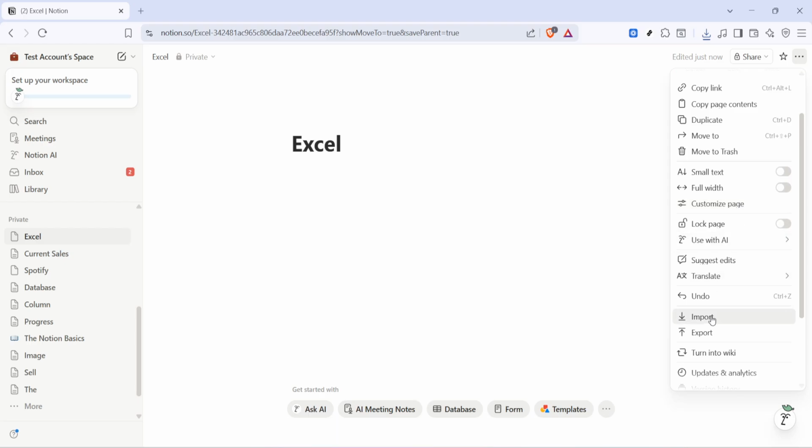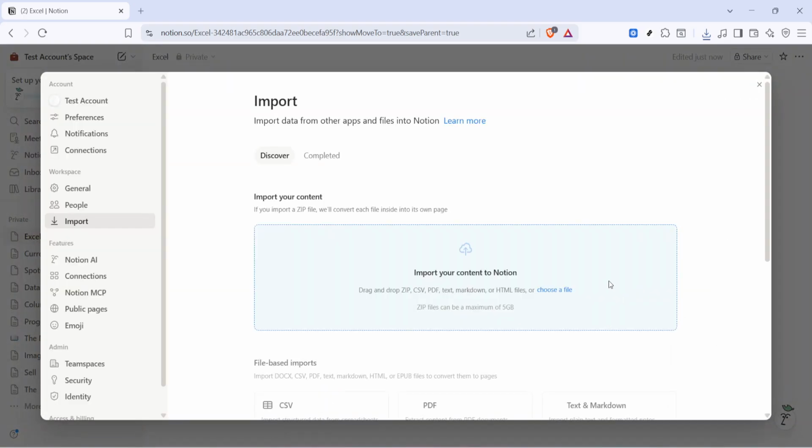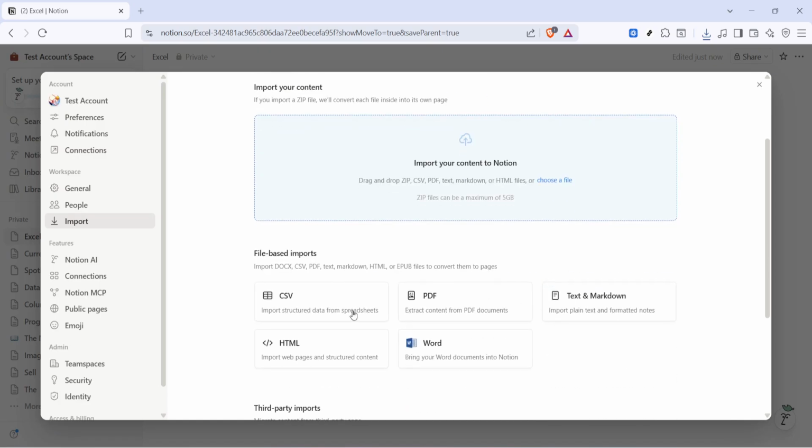From that menu, choose Import. You'll see options for different sources. We're focusing on a local file import, so you can bring in your spreadsheet quickly and keep your formatting as intact as possible. Now click